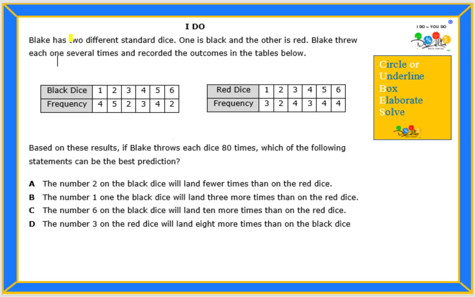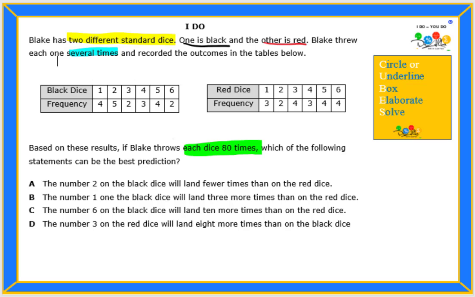Blake has two different standard dice. One is black and the other is red. Blake threw each one several times and recorded the outcomes in the tables below. Based on these results, if Blake throws each dice 80 times, which of the following statements can be the best